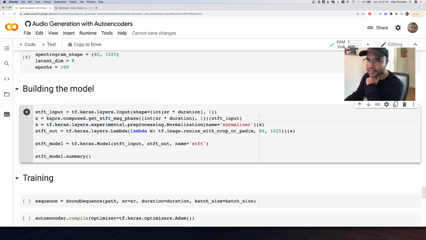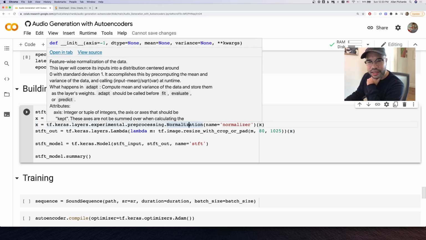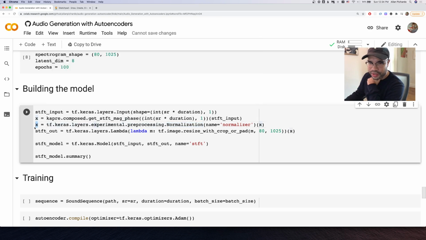that comes out here in X is going to be a two-dimensional image, right? Next thing we do, the next layer, we pass that two-dimensional image into our normalization layer, and it's going to standard normalize the values there, and that will be the next values that are saved in X. Then we take those normalized values and we run them through our resize and crop function, and that's our final output, which are our cropped STFTs. Then we make it into a model, and if we run this,